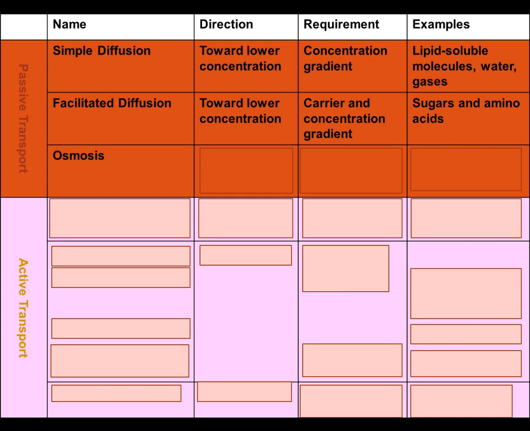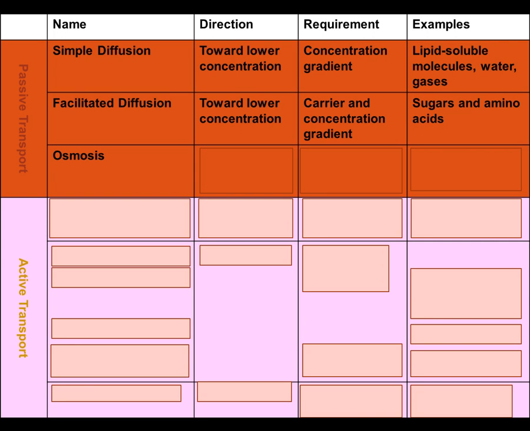The reason it has its own category is, let me define it first, and I'll come back to your question. This is the passive transport of what? Which molecule? Water. Which way? Down its own concentration gradient. Water is charged, so it usually needs a carrier or aquaporin. So all that's comfortable, right? So why don't we just call it facilitated diffusion? The reason it has its own category is